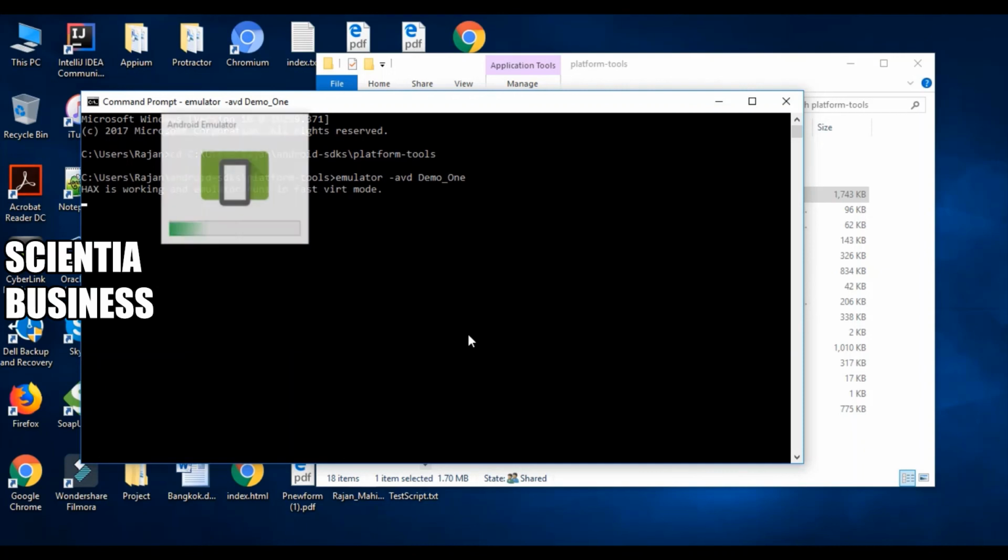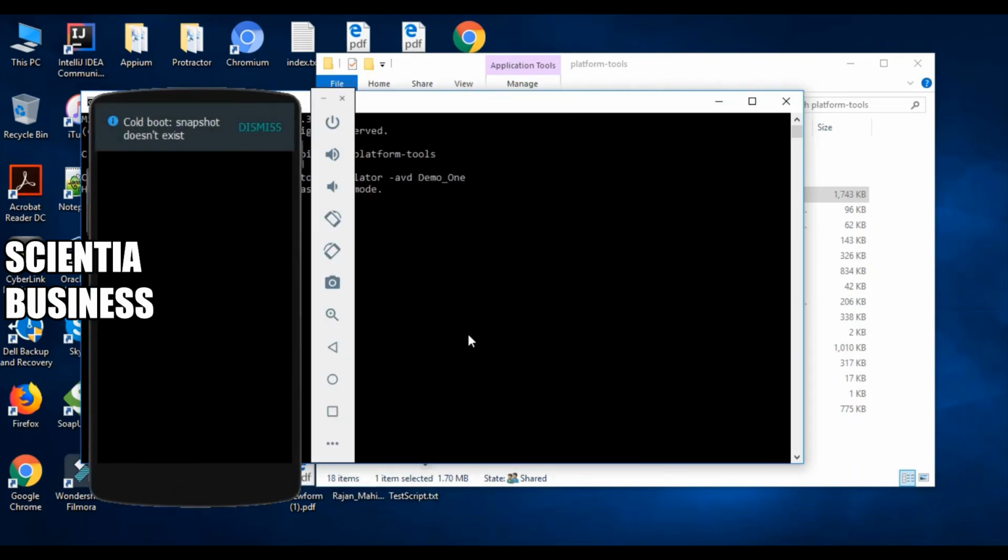Yeah, you can see that the Android virtual device has successfully launched.